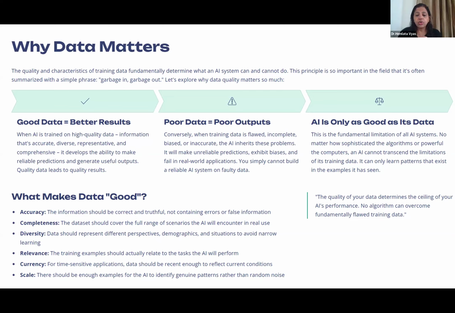So when that AI was doing the analysis, while shortlisting the CVs, it shortlisted the majority of male CVs and excluded the female CVs. Why was that happening? Because in the previous data set, all the people selected were male.